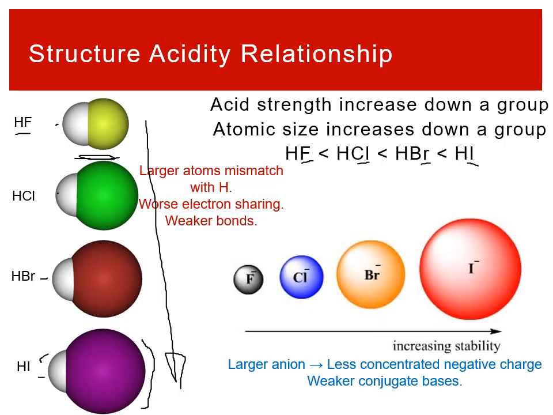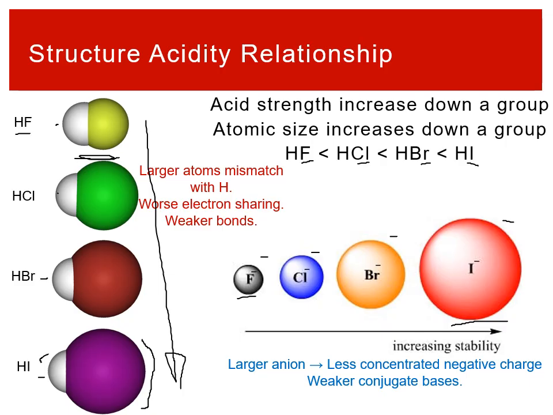Also, if we look from the anion perspective, for a larger anion, there is less concentrated negative charge. We know that in creating these conjugate bases, they all have the same -1 charge, right? So there is one extra electron on each of these ions. Iodide is very large, meaning that that one electron can spread out more, right? It is one additional electron among many, so it doesn't make it as relatively unstable, whereas